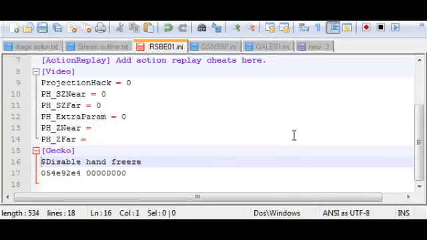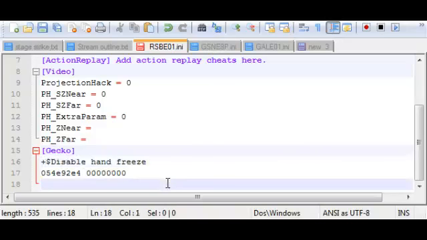And then the last thing is to enable this code, I put a plus here. So you can do that in Dolphin, but again, I'm working with a very small screen here, so it's difficult to demonstrate that in Dolphin, so I'm just doing it in a text file. I'll save, and we'll go back to Dolphin